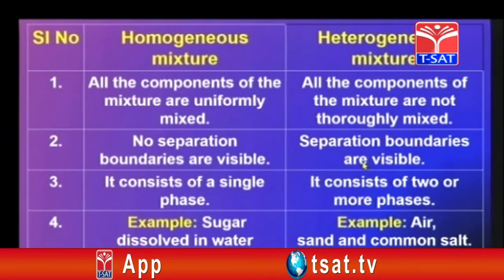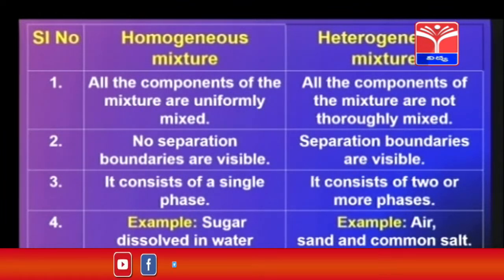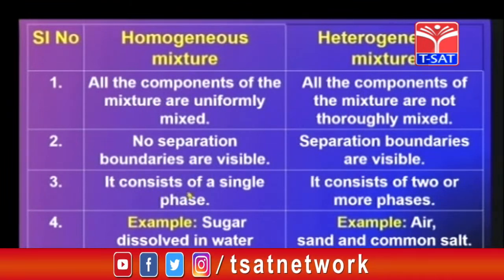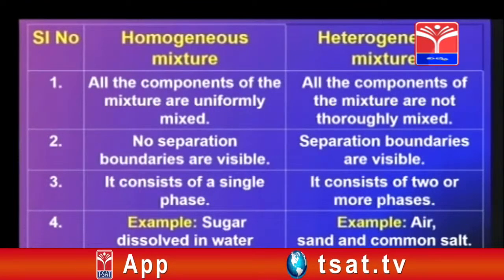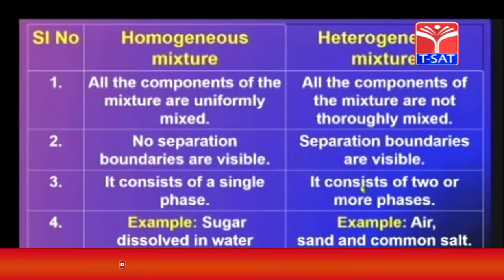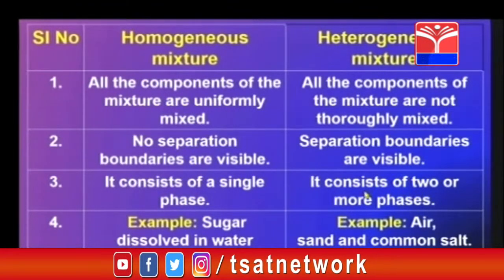That is why you were able to identify which is a colorful gem and which is a dry fruit in the plate. Children, in a homogeneous mixture, the sugar and water combined with each other in the form of a clear solution, and so it consists of a single phase. Whereas in a heterogeneous mixture, we can find many phases depending upon the different types of materials you have combined to form the mixture.